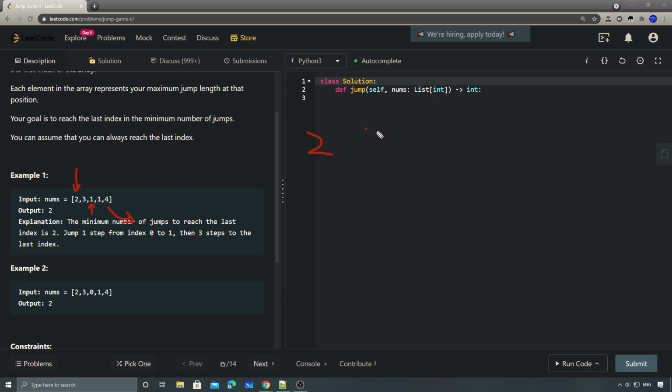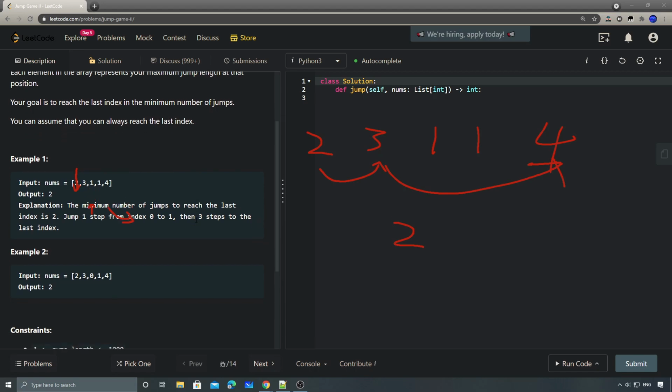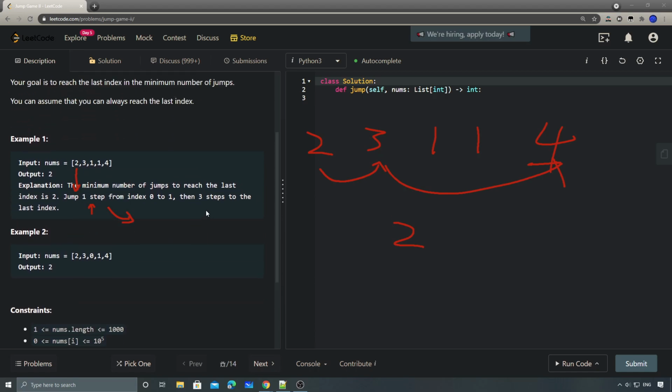Basically, the optimal solution is from 2, from this first index, we can either jump to 3 or 1, but in this case, we jump to 3. And then from here, we can jump all the way to the end. That's why the answer is 2. Yeah, so that's it. So for this one,